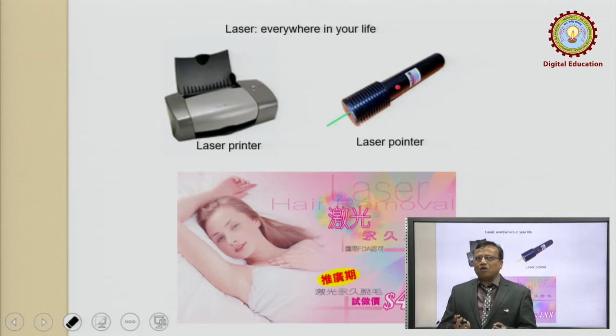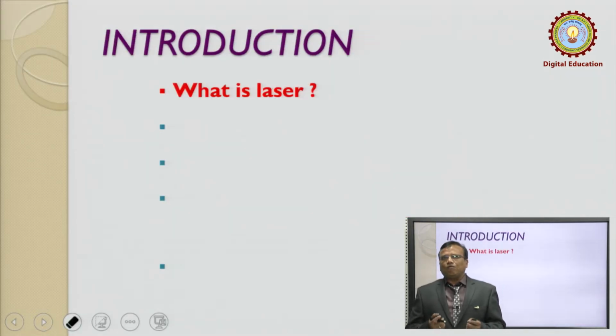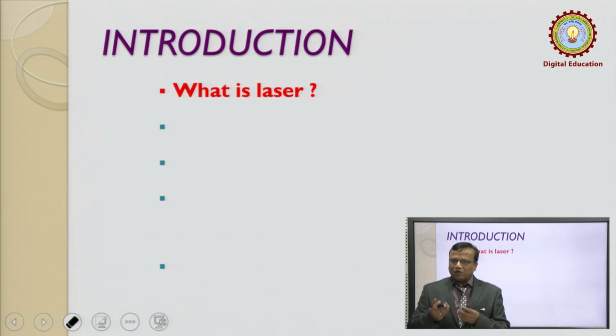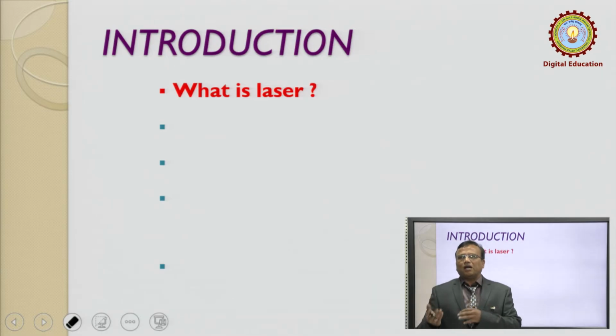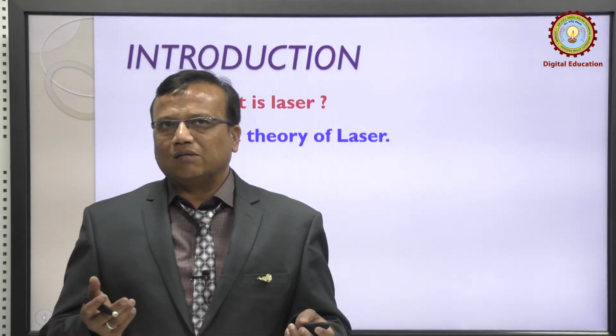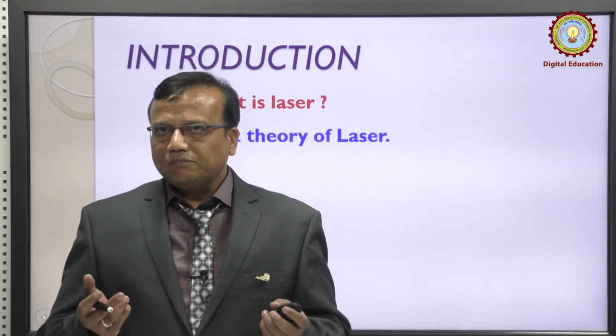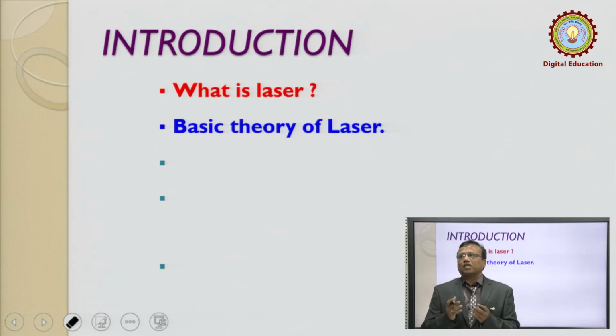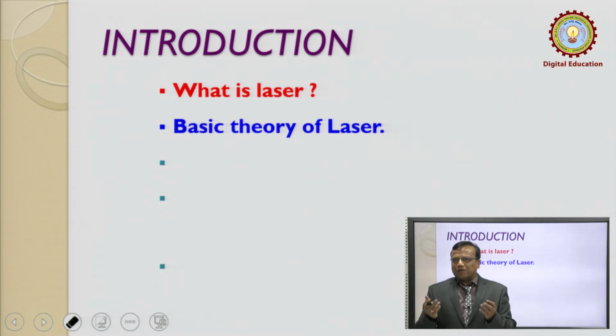So, in the current topic of laser, first of all we will see what laser is. In that topic we will first discuss the acronym of laser, and after that we will discuss the definition, and try to correlate the definition with the acronym of laser. The second topic is the basic theory of laser, which is based on atomic structure. All of us are aware of atoms, so we will discuss what an atom is, how the atom is designed, and atomic structure.